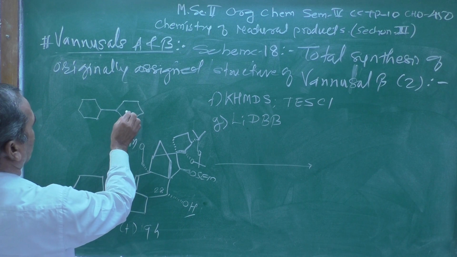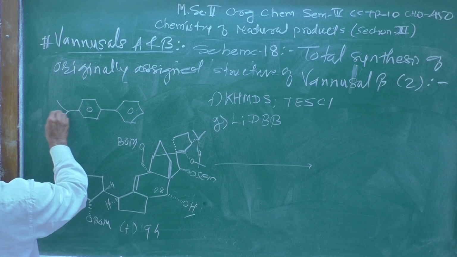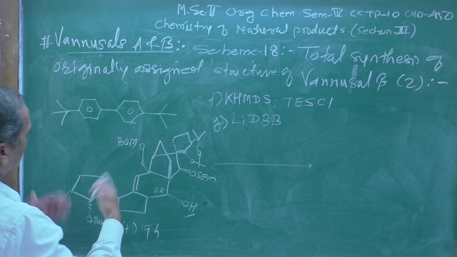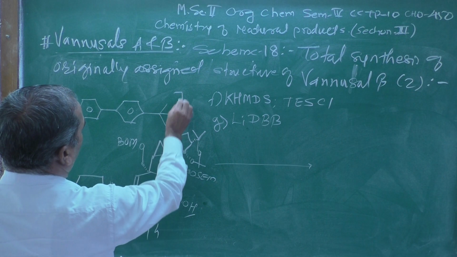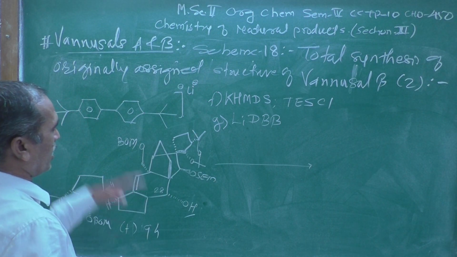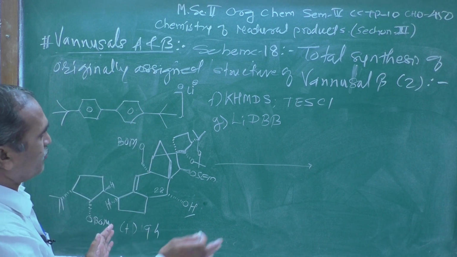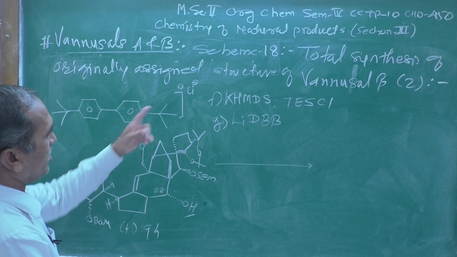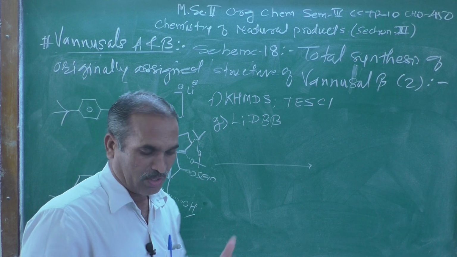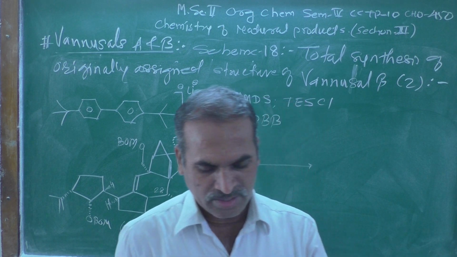What will be the structure of LiDBB? See here, there is a tertiary group. They are exactly opposite to each other, and after that here I am putting a negative charge and Li, because metal is always associated with the positive charge, because there is a free movement of that electron. Therefore lithium carries a positive charge, and the organic compound carries a negative charge. So that is the structure of LiDBB.